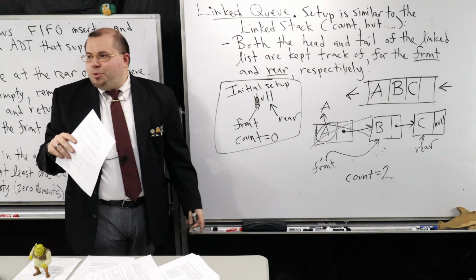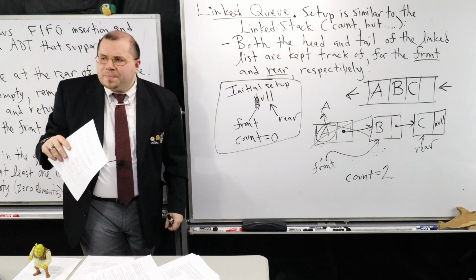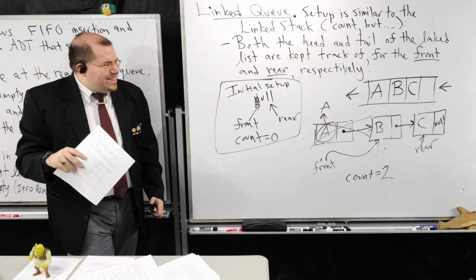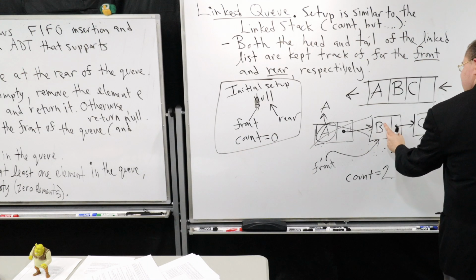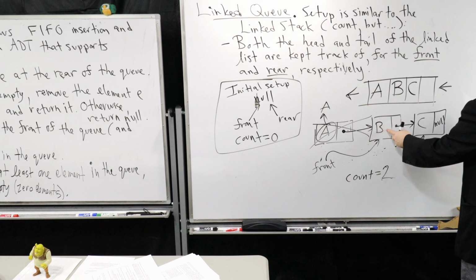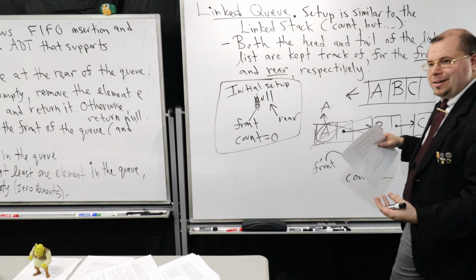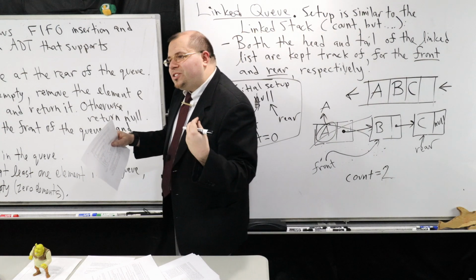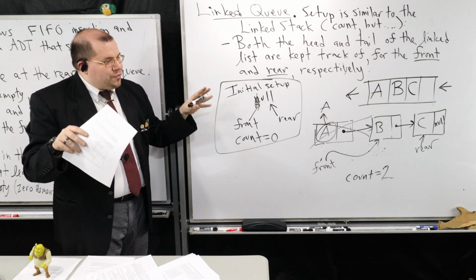Because rear is definitely pointing at a node, right? Do we have to do anything with rear? No, right? If I DQ, say for example, if I DQ B here, notice that front is going to eventually meet up with rear again. So the only thing I'm going to stress here is just be careful what front and rear